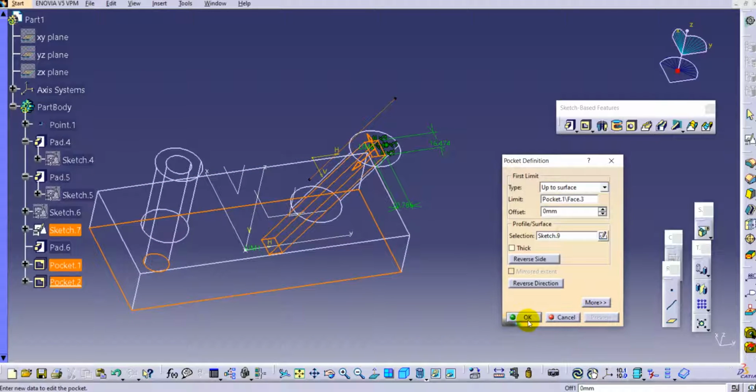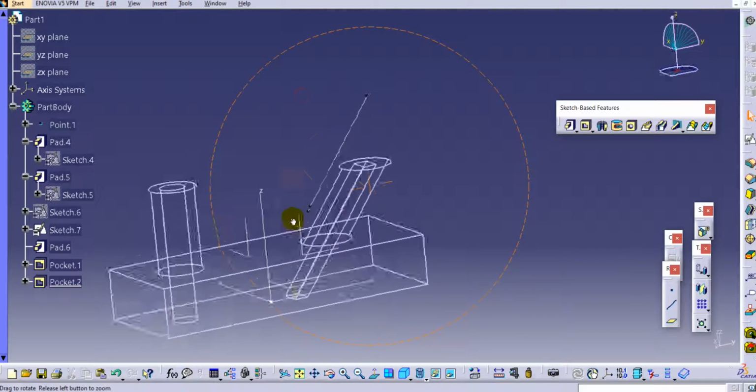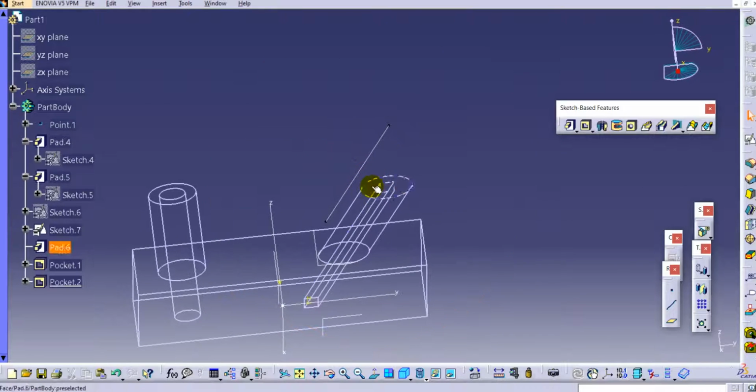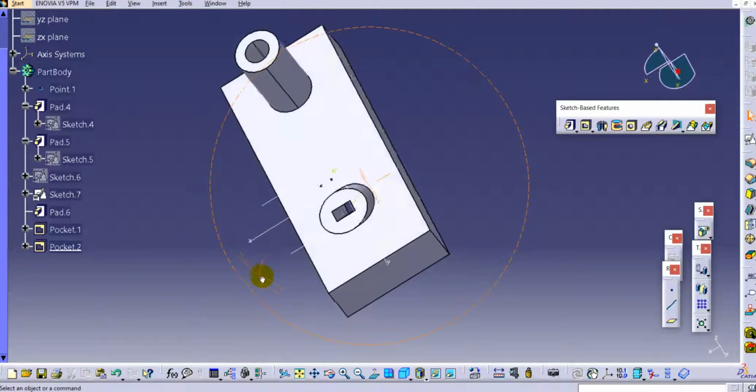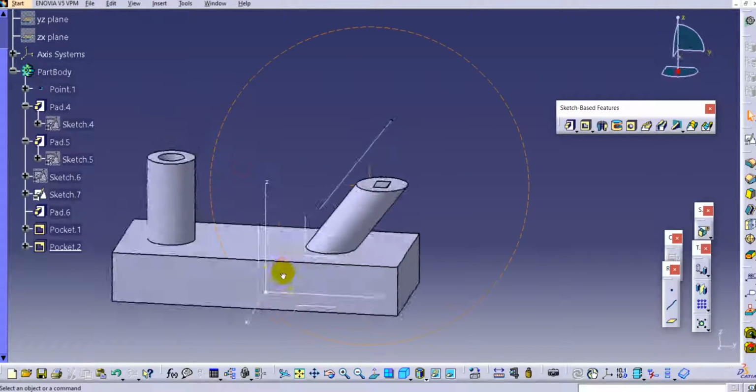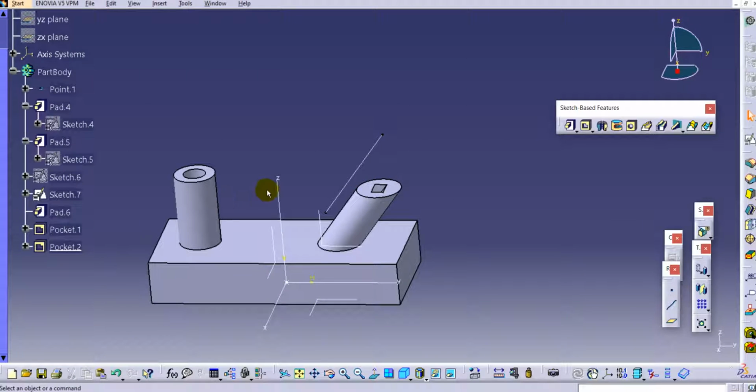Then click on preview, and you can see the pad is created till the last surface. Now again I will make this shading with edges, and you can see the pocket is created throughout.